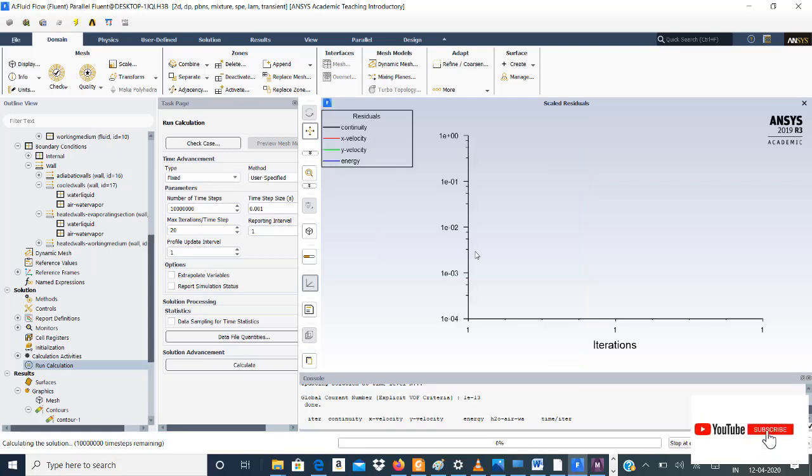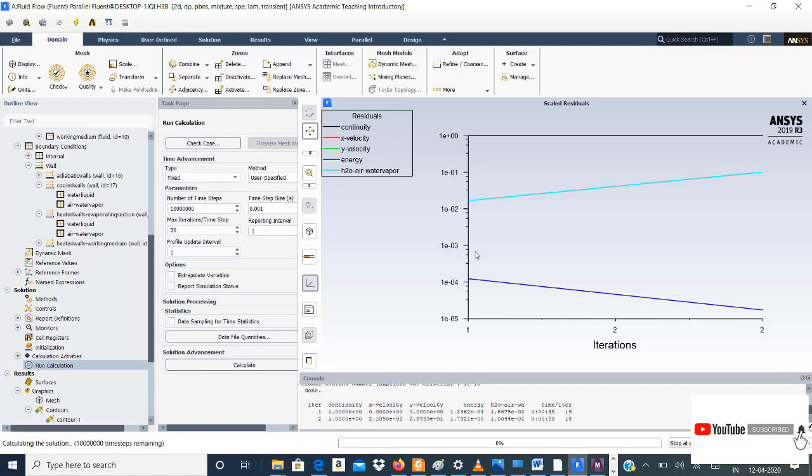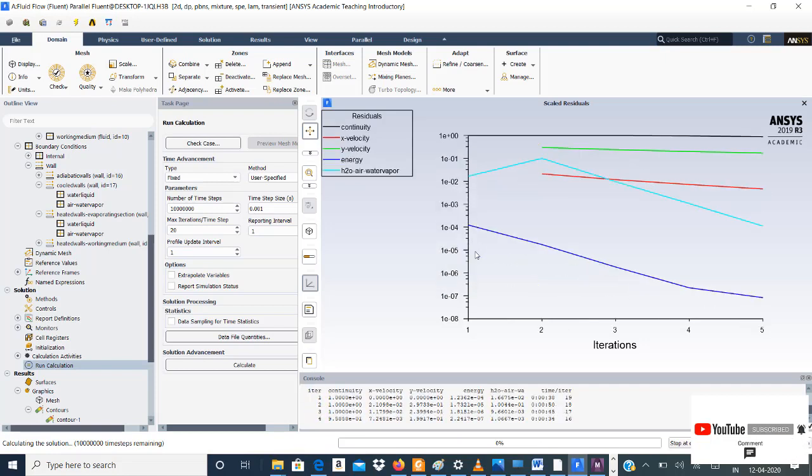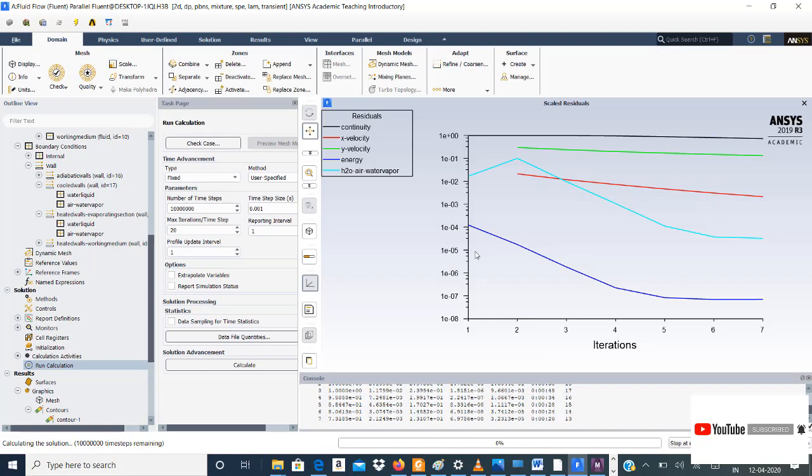Now the run has been started. I have limited resources in the laptop, so it will take some time. So we'll come